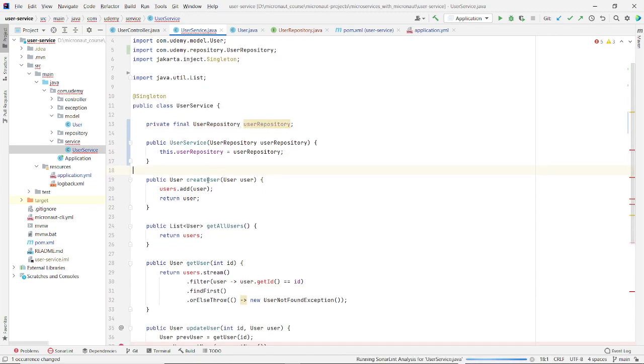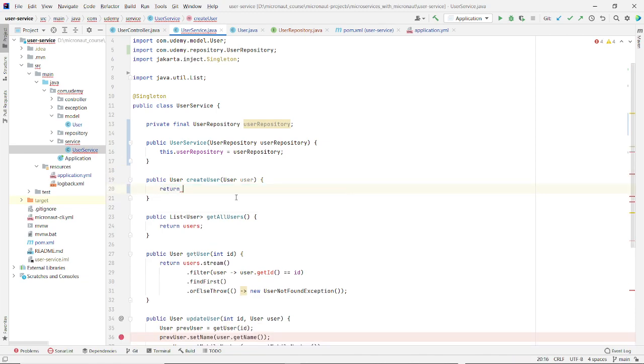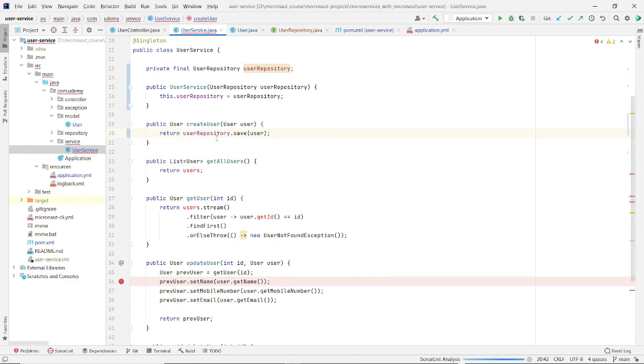Once we inject this, to create a user, we will just use the userRepository.save method and pass the user to it. It is very similar to Spring Data if you are coming from a Spring background.